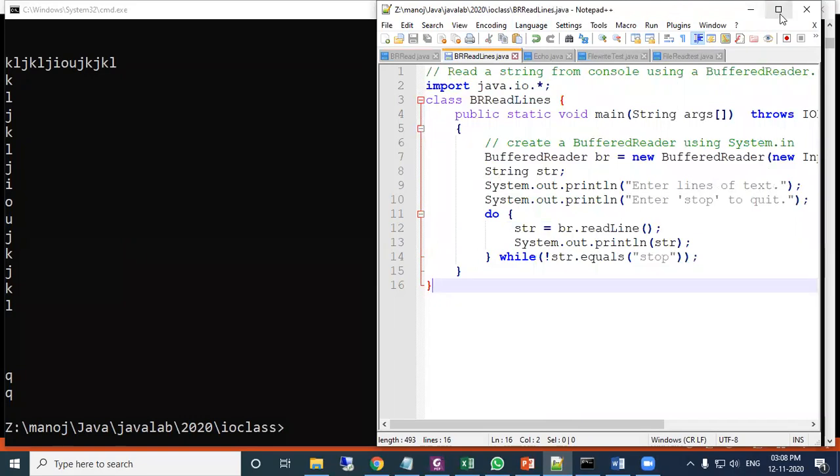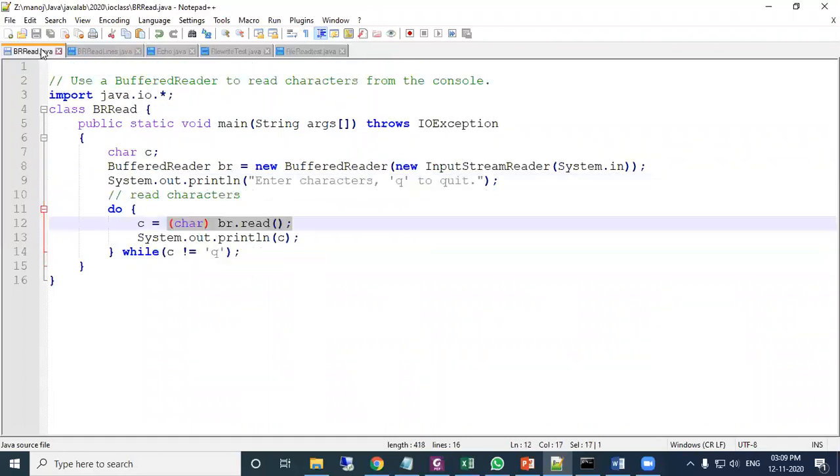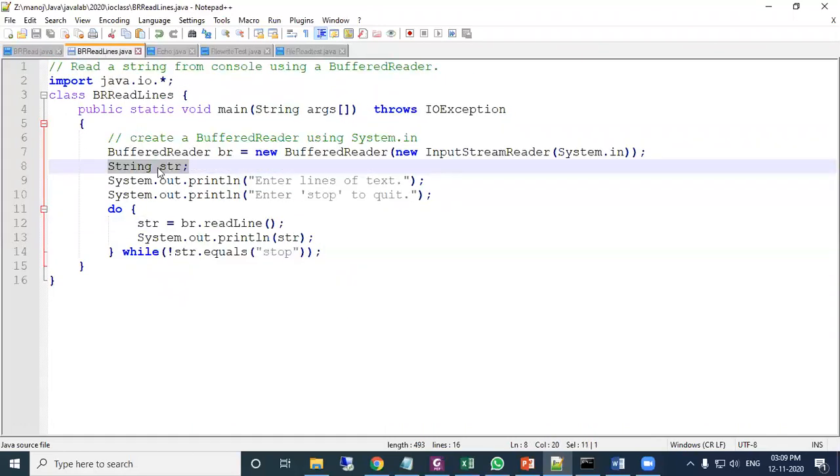Just see this program. Instead of character, here we are going to read line by line data. It is a similar program, BufferedReader is used, but instead of char we have used String, and readLine. readLine is a method to read a line of text.